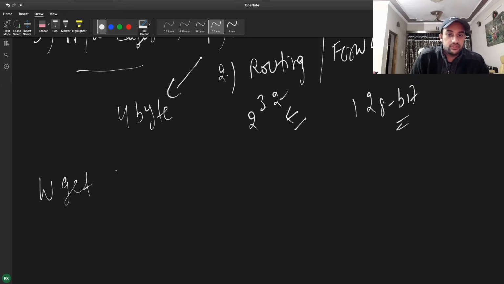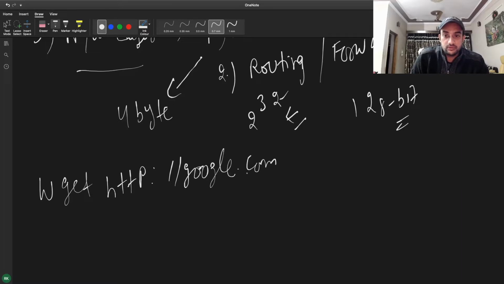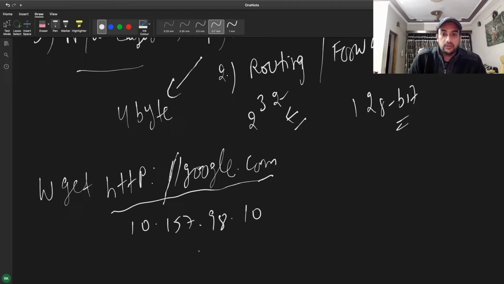Everyone must have heard about this wget tool. What this tool basically does is, for example, I just want to get google.com. Let's say a very basic example. So when I run this command, it will try to resolve this domain to a particular IP address. Once it has the IP address, let's assume this is the IP address of a Google server. Eventually, this will be run over your system.